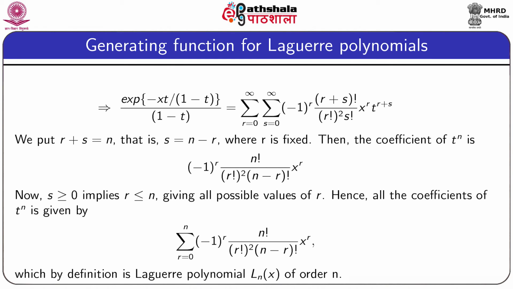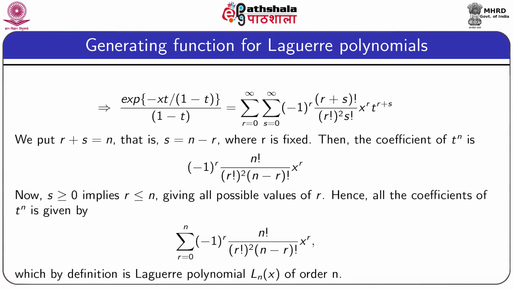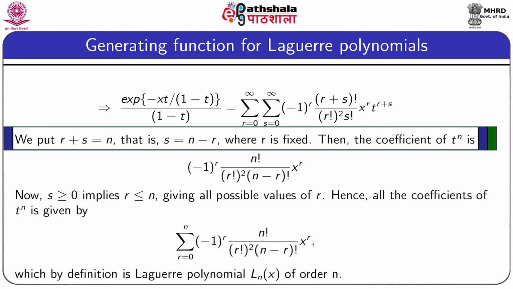Hence, exponential minus xt divided by 1 minus t, whole divided by 1 minus t, is equal to summation r equal to 0 to infinity summation s equal to 0 to infinity minus 1 whole to the power r plus s factorial divided by r factorial square into s factorial into x to the power r t to the power r plus s. We put r plus s is equal to n, so that s is equal to n minus r,